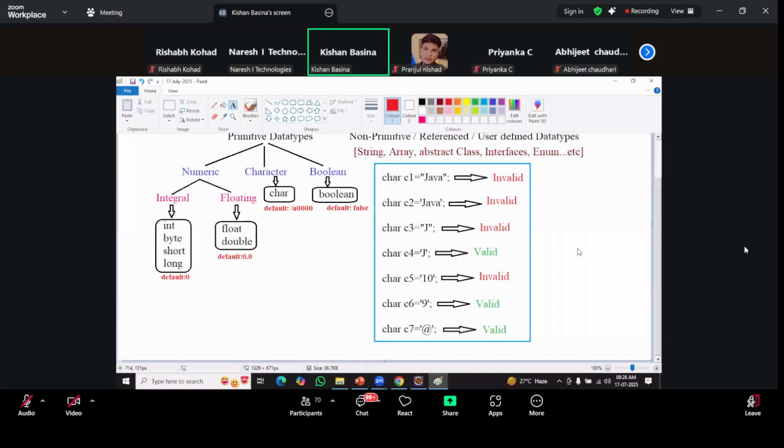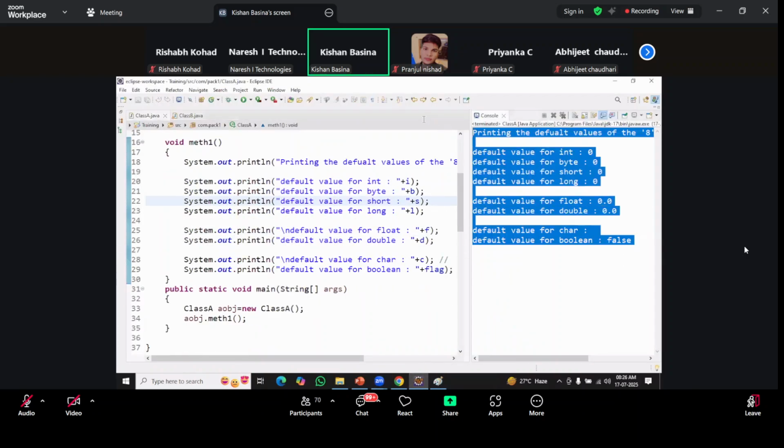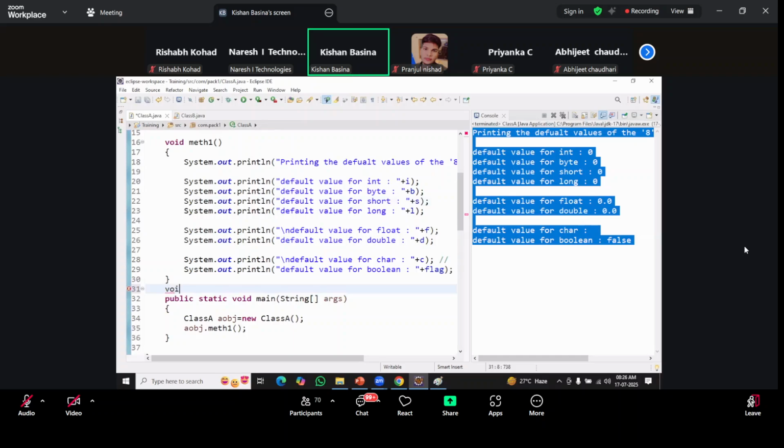Online students, up to now, is it clear for everyone? I want you to kindly please respond. I'm speaking about the default values of all our data types. Believe me, this is very